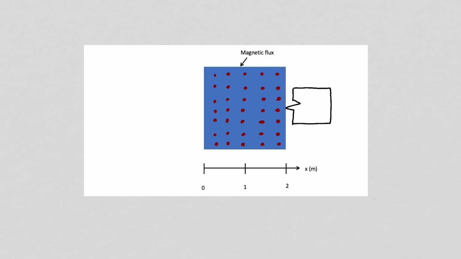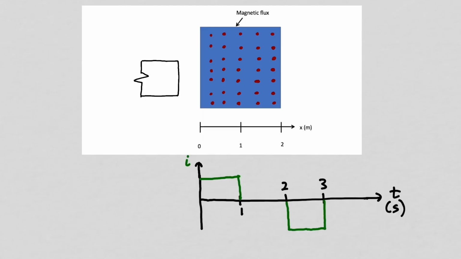Once the circuit moves out of the magnetic field region, there is no longer any change in the magnetic flux through our circuit, and so no induced current. If we consider a clockwise current as positive and assume that the circuit is moving at 1 meter per second and at t equals 0 is when it starts to enter, we will have a clockwise current flowing as shown